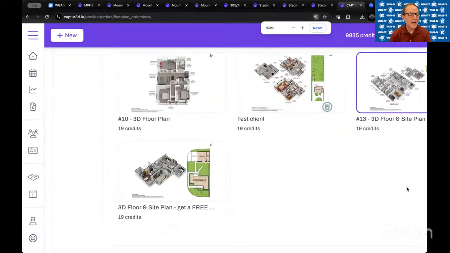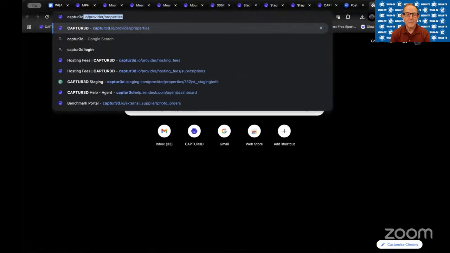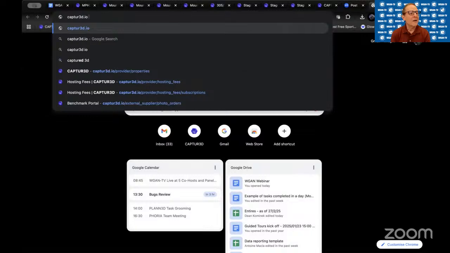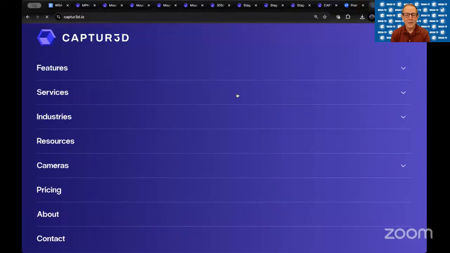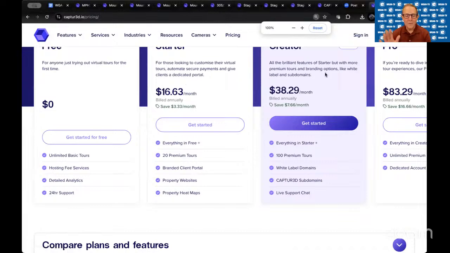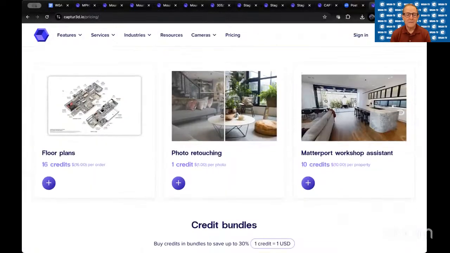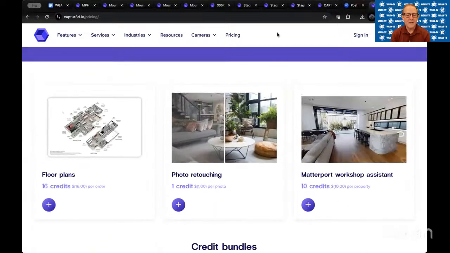Even on the Captured website for floor plans, maybe if you could just go to the main site of Captured and then go to your pricing page and then scroll down to the floor plan option. So we're going to move through the pricing, get down to the floor plans, and on that plus button. If you do, but I may have a few better examples within my computer. Bear with me a second, sorry.